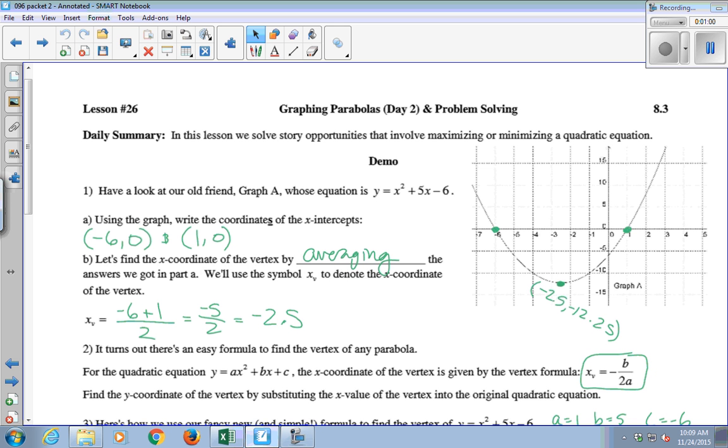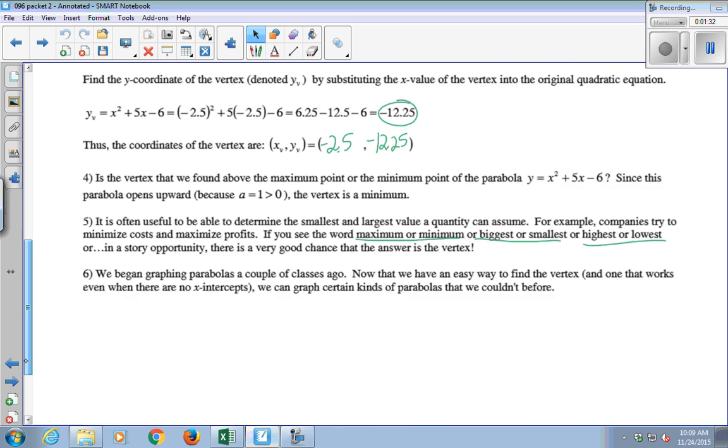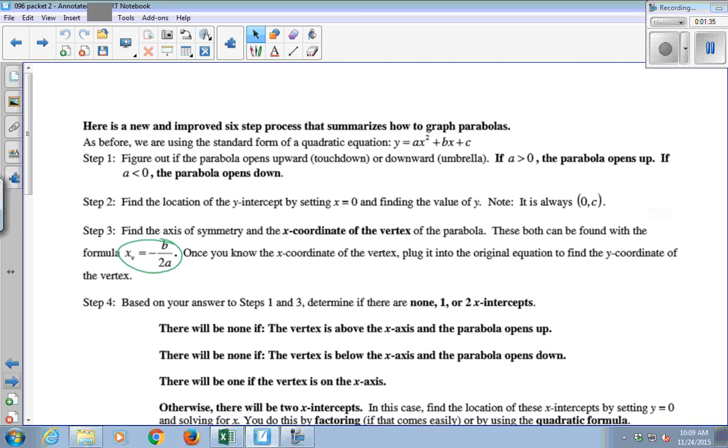Okay, so just to remind you, this was class 26. It was graphing parabolas and problem solving, which involved some quadratic modeling. We did another method of graphing parabolas, right? And that was almost exactly the same. The only difference was that instead of averaging the x values to get the x coordinate of the vertex, now we can find it by doing negative b over 2a. Okay. So everything else is the same. Just another way of finding the x coordinate of the vertex. All right, so